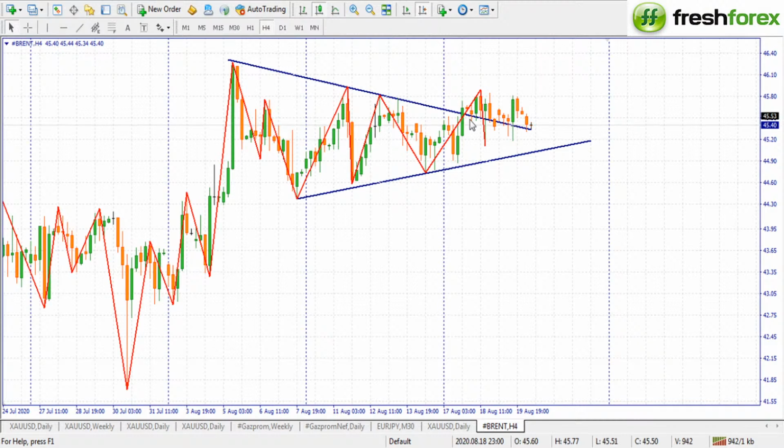So as it is now, this is very much to the upper side. Expect more movements to the upper side as long as the price is held above the resistance which you have at the top. The next chart,